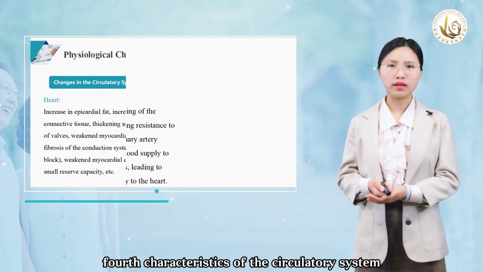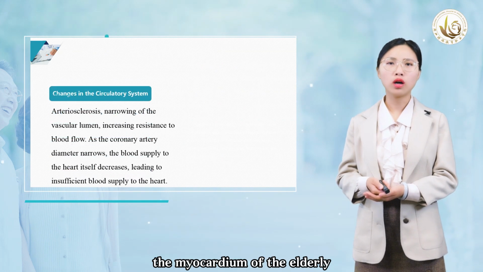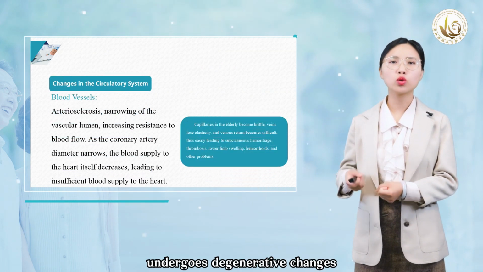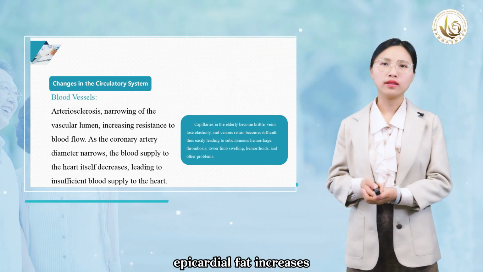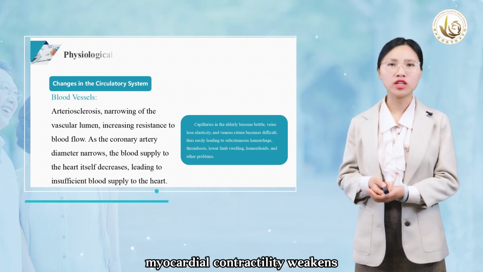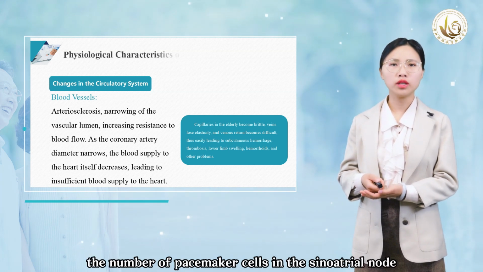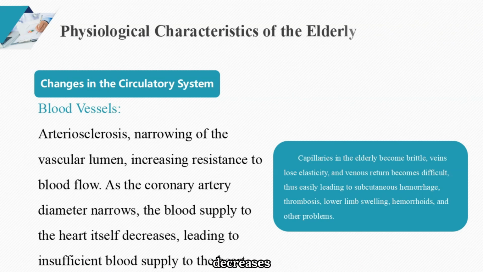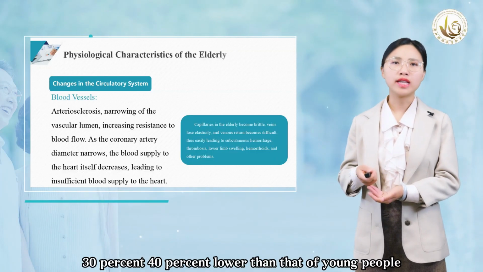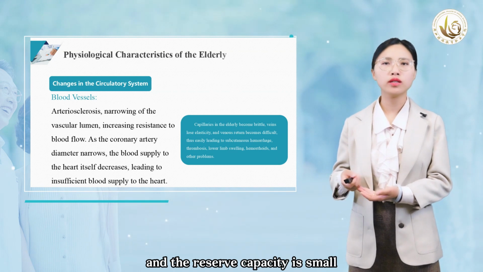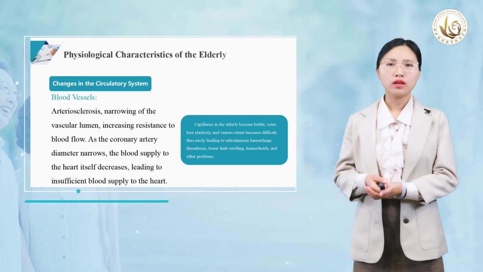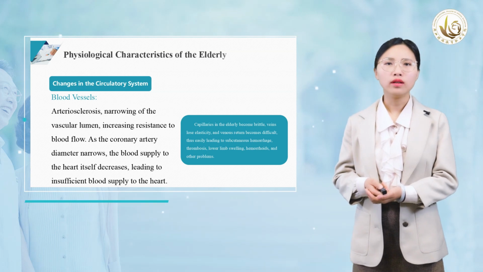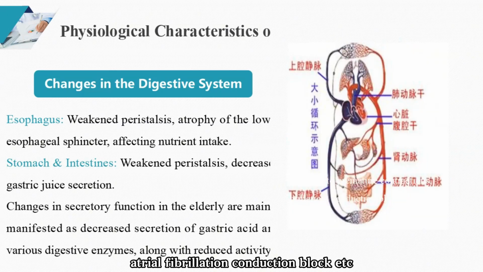Fourth, characteristics of the circulatory system. The myocardium of the elderly undergoes degenerative changes. Epicardial fat increases, endocardium thickens, myocardial contractility weakens, the number of pacemaker cells in the sinoatrial node decreases. Changes in heart rate and rhythm often occur. The cardiac output of the elderly is 30–40% lower than that of young people, and their reserve capacity is small, which slows down the heart rate of the elderly and makes them prone to premature beats, atrial fibrillation, conduction block,